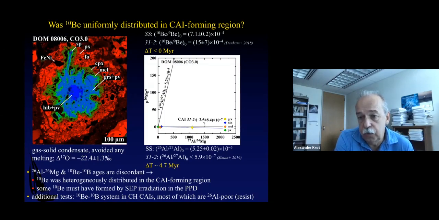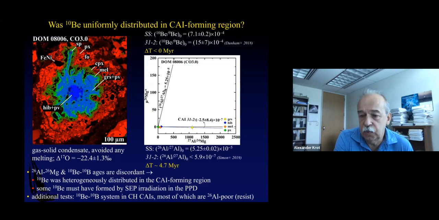So what we need to do is measure beryllium-boron isotope systematics in CAIs that lack aluminum-26. Steve already explained that this low initial beryllium-10 to beryllium-9 ratio is observed in FUN CAIs. But there is a special group of meteorites that contain very pristine refractory inclusions, the so-called CH chondrites, and 85% of CAIs in CH chondrites don't have aluminum-26. So all we need to do is measure beryllium-boron isotope systematics in these CAIs. And there are two papers that reported the initial beryllium-10 to beryllium-9 ratio in CAIs. They both showed